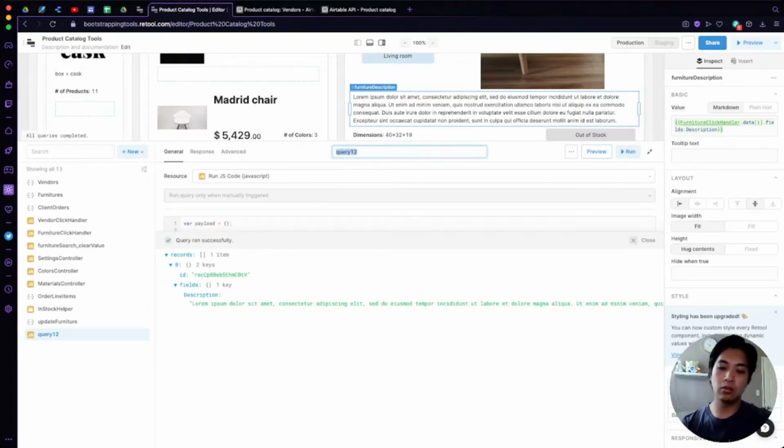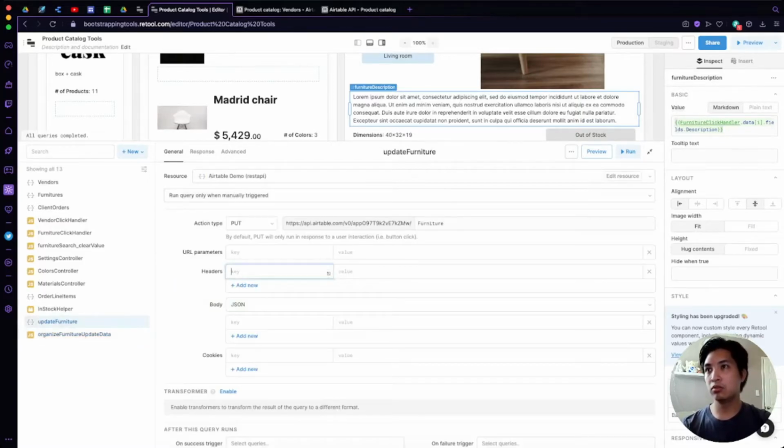I'm gonna say, we're gonna make this, what's a good name? Naming conventions are really important. So let's say organize furniture, update data. Sure, it's nice, it's verbose. Anybody reading is gonna understand what's going on there. So it's just organizing stuff. Okay, so now we have the update furniture, and then we're going to need to make the